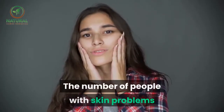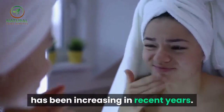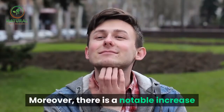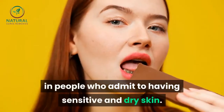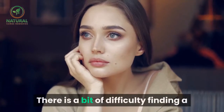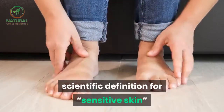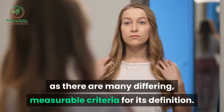The number of people with skin problems has been increasing in recent years. Moreover, there is a notable increase in people who admit to having sensitive and dry skin. There is a bit of difficulty finding a scientific definition for sensitive skin, as there are many differing, measurable criteria